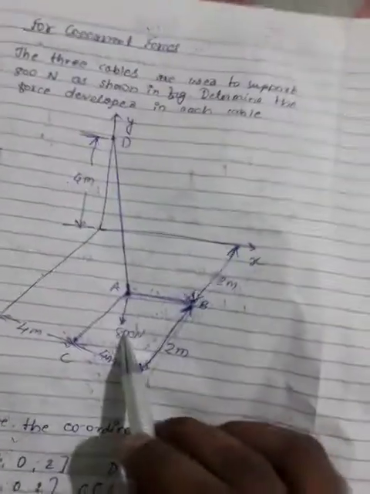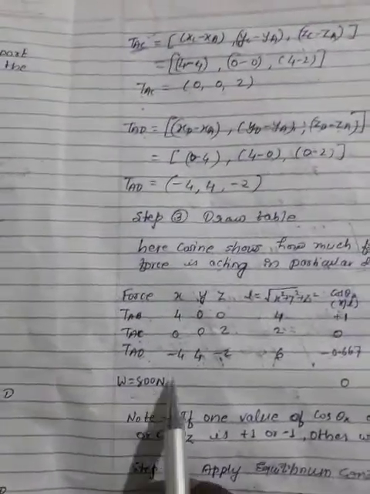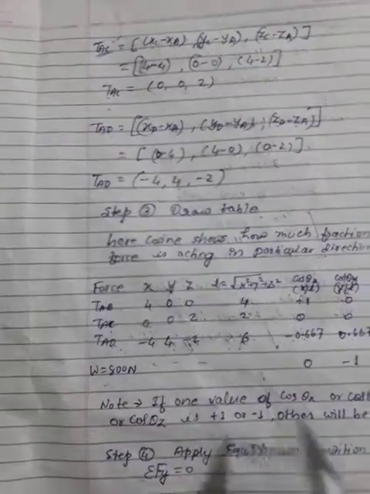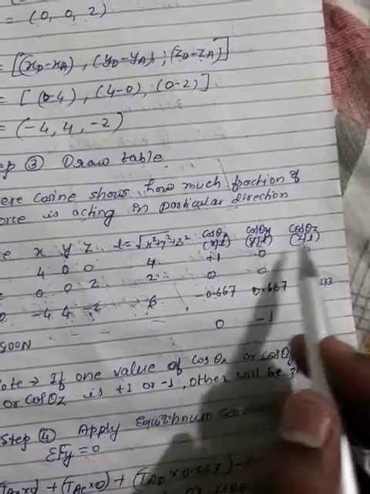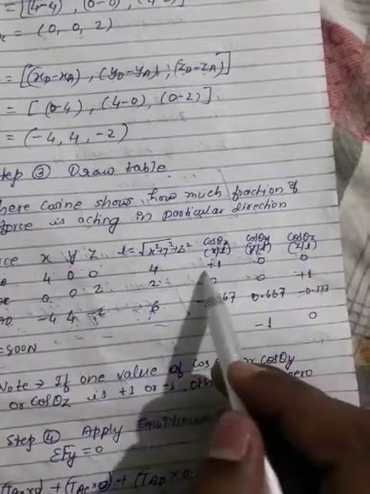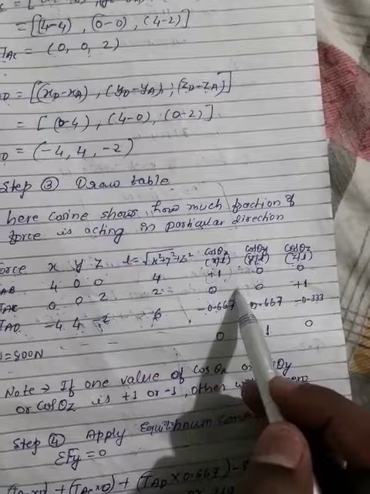If you see here, there is an 800 Newton load acting. So you just have to write down this 800 Newton load, and you don't have to consider any points here, any coordinates x, y, z and L. So if you see here, cos square theta x plus cos square theta y plus cos square theta z, the direction cosines, should equal 1. So I am squaring this plus this plus this, and I will get the value 1.